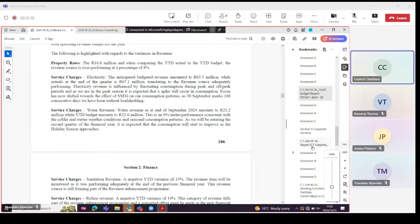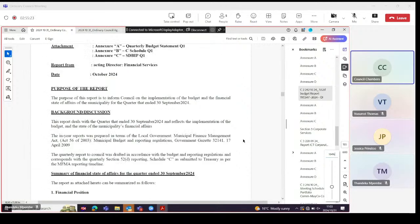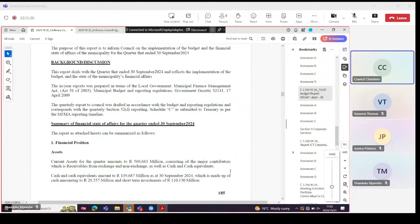So, for the sake of the public, the Section 52D report is a key tool for municipal transparency and accountability. The purpose of it is to inform council about the implementation of the approved budget. You'll see a lot of similarities between the Section 71 and the Section 52D, but the Section 52D includes the top layer. It is presented to council quarterly, and it allows us as a council to monitor the